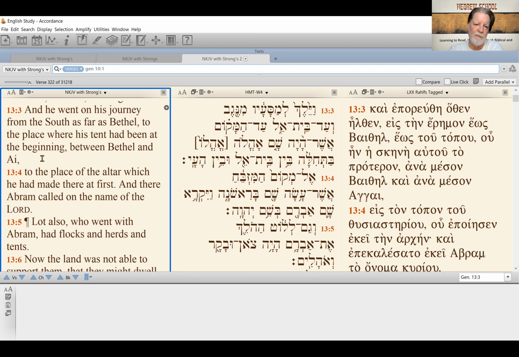He pitched his tent there for a while. We'll find that he built an altar there. So Bethel is the place where he returned after the Egypt trip. So let's do this in Hebrew. Vayelek le'masa'av min Negev ve'ad Beit El ad hamakom asher hayah sham